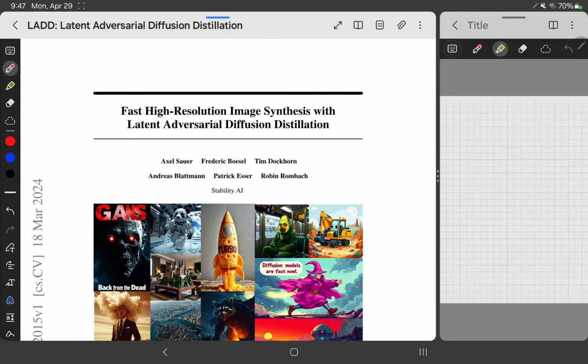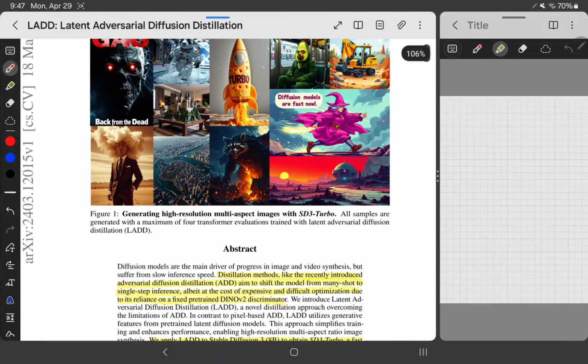Latent Adversarial Diffusion Distillation, or LADD, is a new method which basically takes a diffusion model and distills it into a model maybe of the same size, maybe of a bigger size, that does larger step sizes. So you can do fewer steps to get an image of hopefully the same quality. In this case, they train a model, or they distill a model from Stable Diffusion 3 to what they call